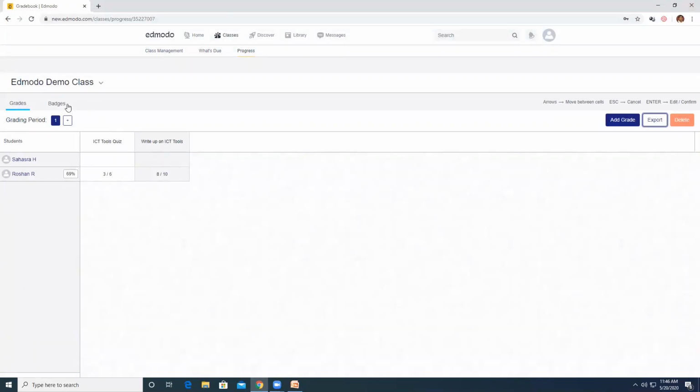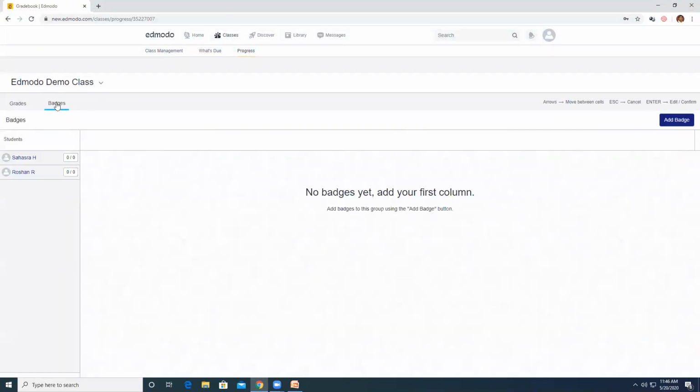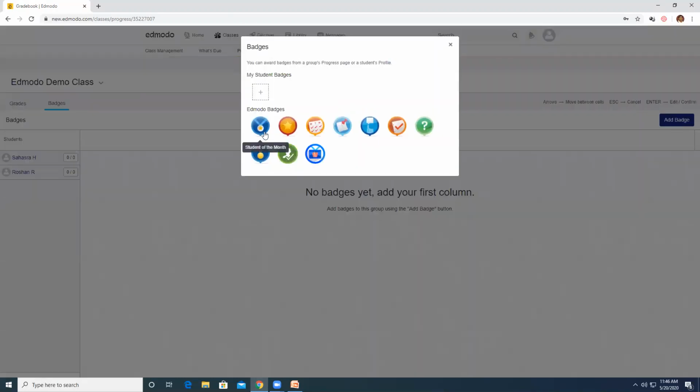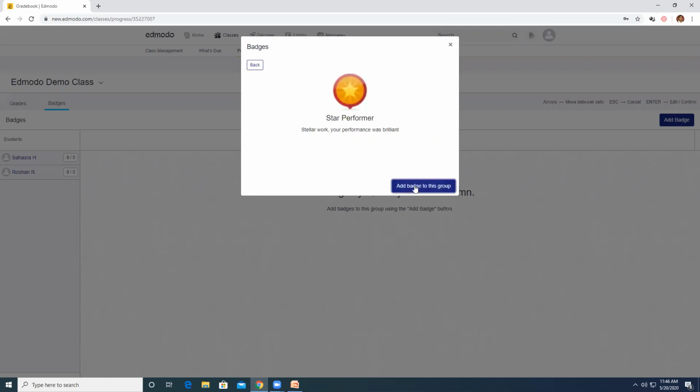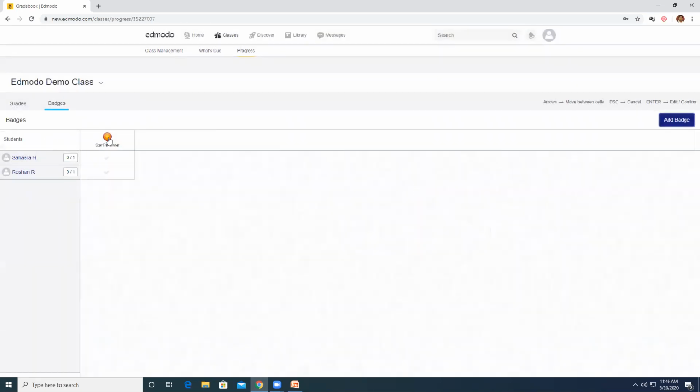Okay, and you can also award badges. Now you think, let's say Roshan R is doing well. So now let me add one badge. So add this badge to this group, and then let me say Roshan R is a star performer. So let me add the badge to him as star performer.